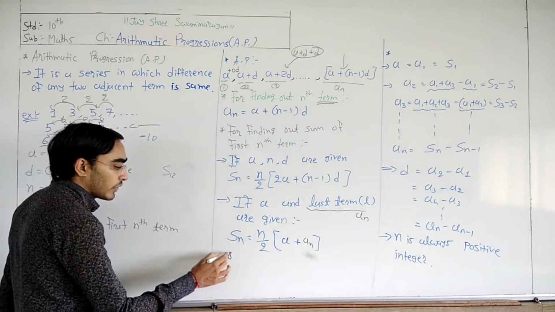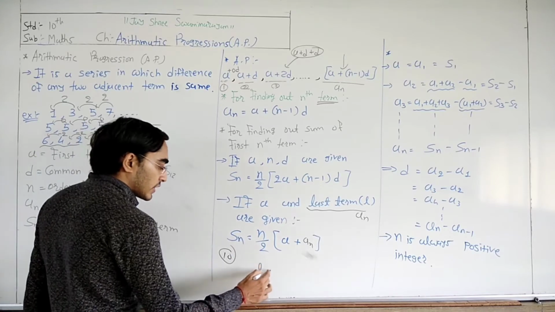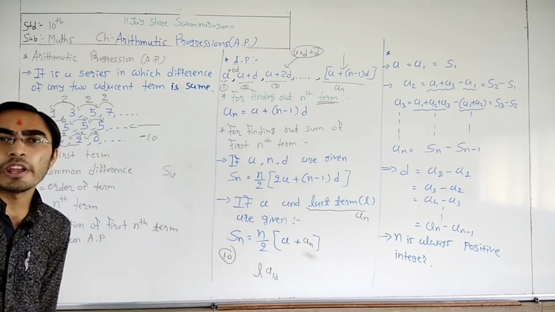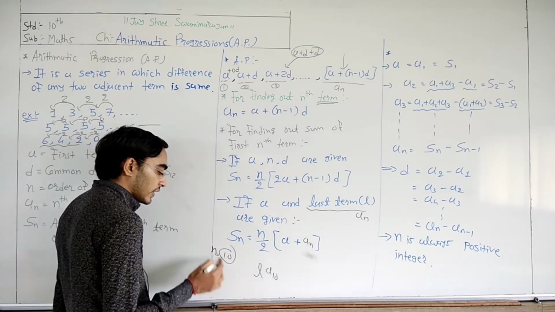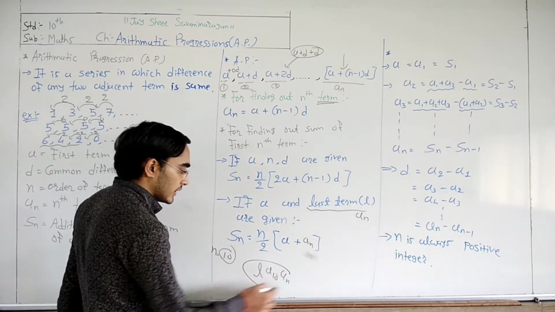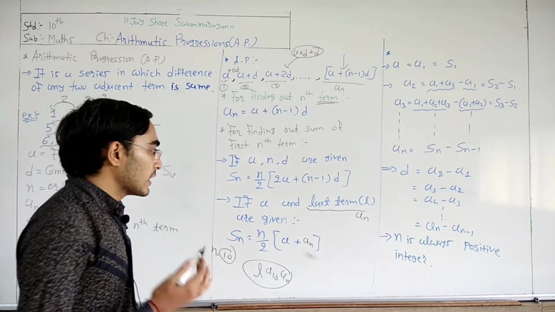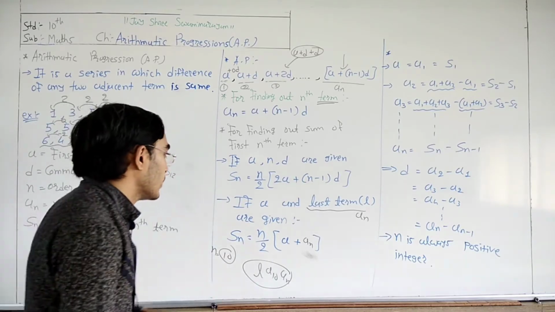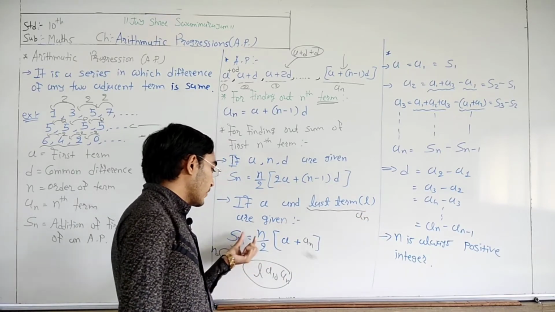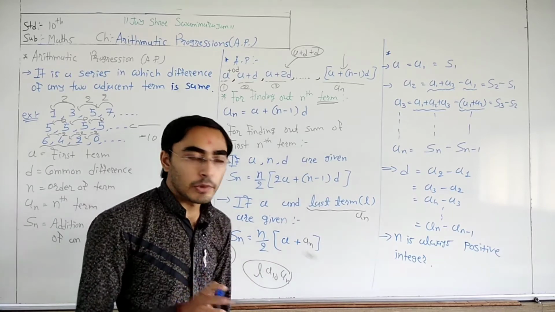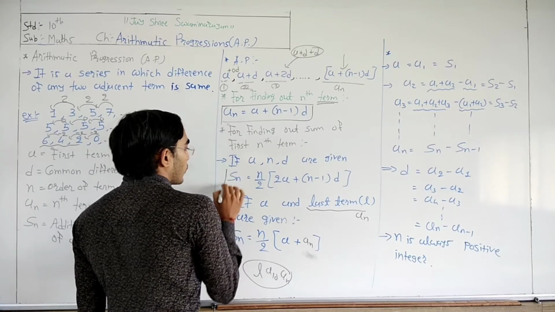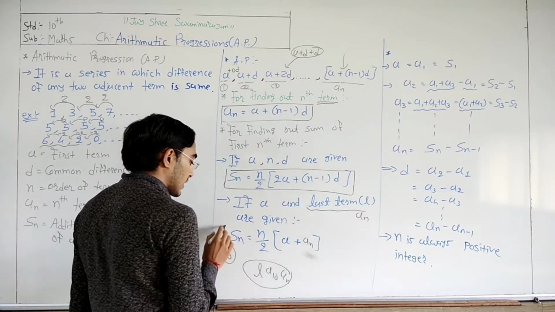If there are total 10 terms, then the last term is a10, because the last term is the 10th term, and 10 is the value of n. So alternately our last term is equal to an. So if a and the last term are given to you, we can use this formula: Sn = n/2 (a + an). So students, these three are very important formulas for you. So just learn these formulas.